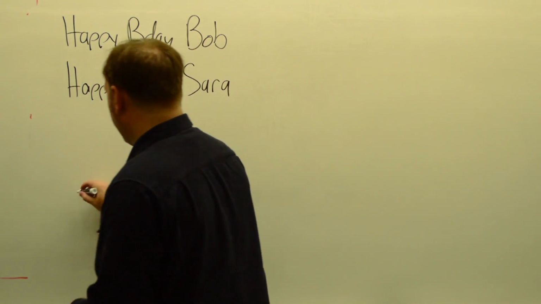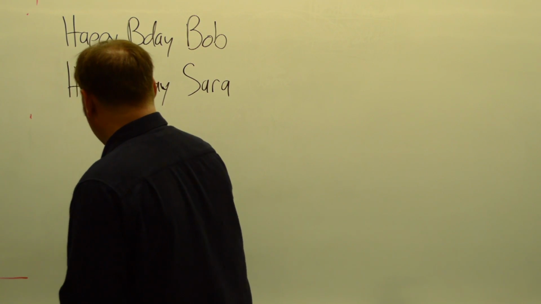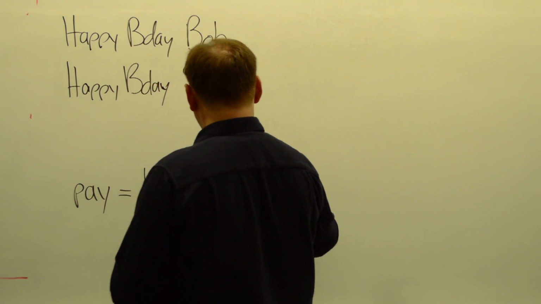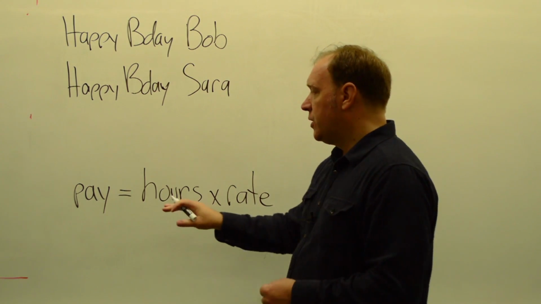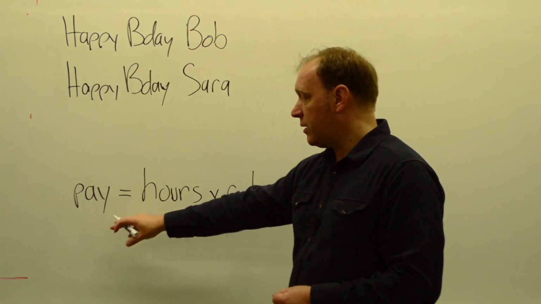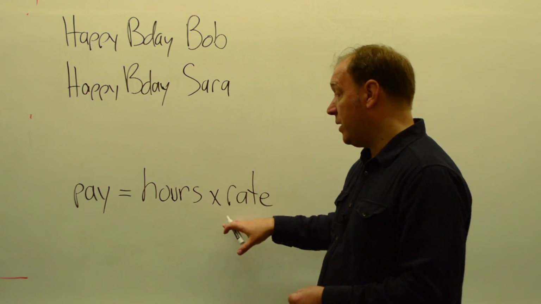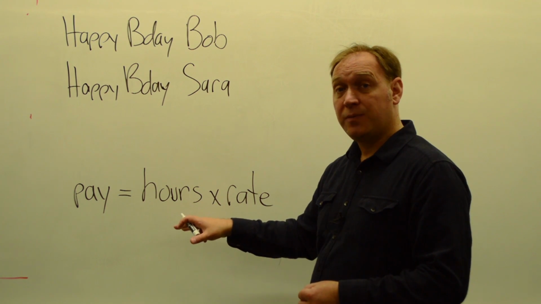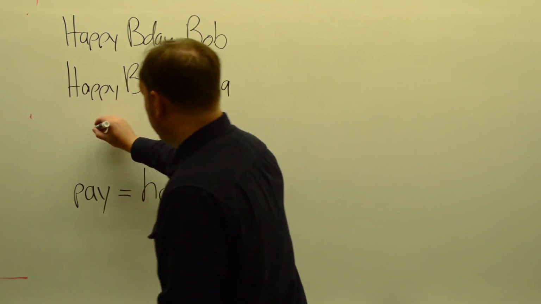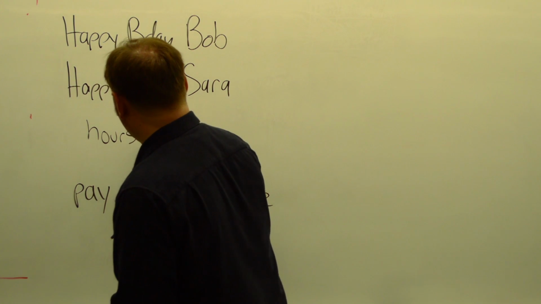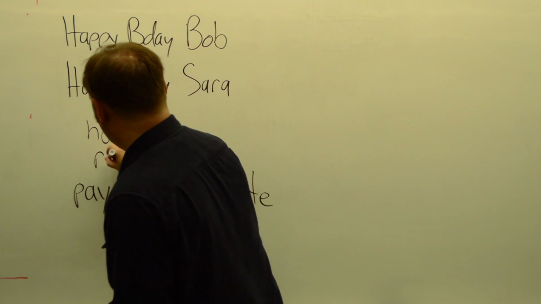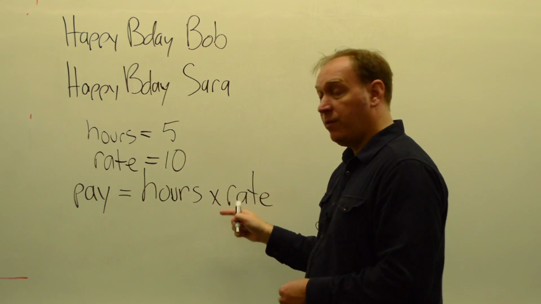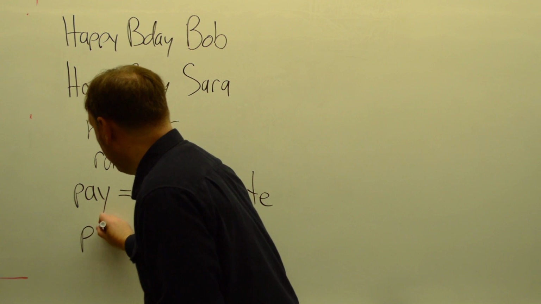Or in algebraic formulas, pay equals hours times rate. So this lets us create the formula to get to pay without knowing what hours and rate are yet. So the words act as placeholders for those values. So when we do know what those values are, those will fill into the formula and allow us to arrive